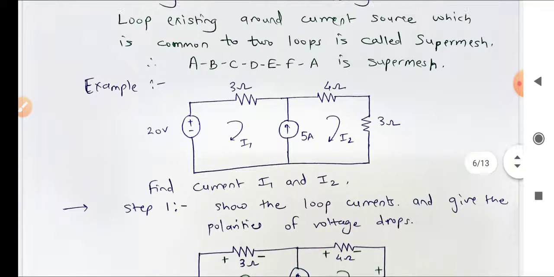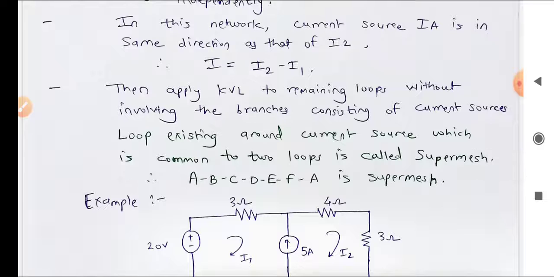Now by giving all the sign conventions and by writing the equation, we can easily get the values of the current which is flowing through the two loops, that is nothing but I2 and I1, because the first equation is I is equal to I2 minus I1, and the second equation will be from KVL. So by using that, two equations, two unknowns are there. By solving them simultaneously, we can easily find the values.